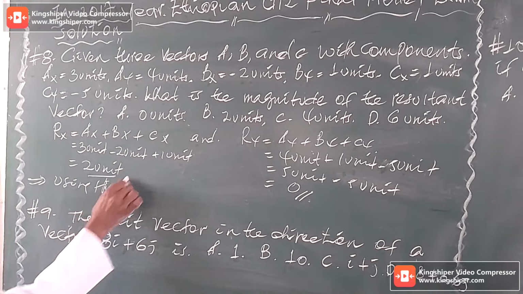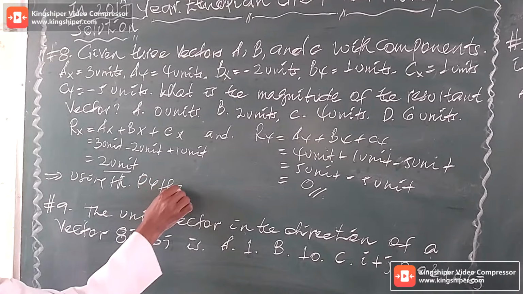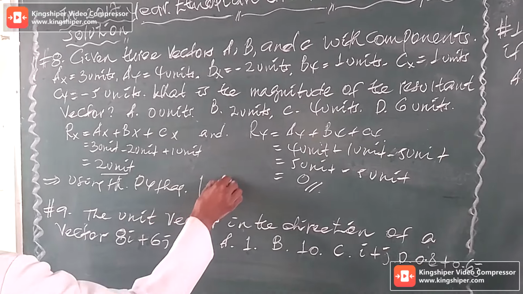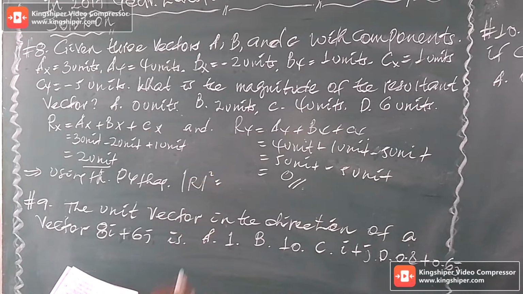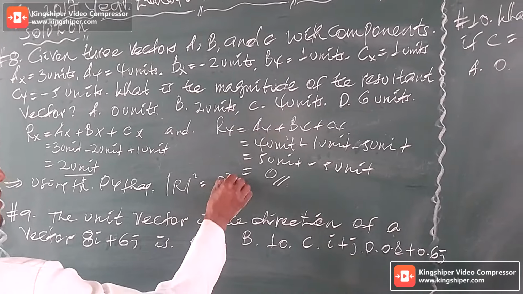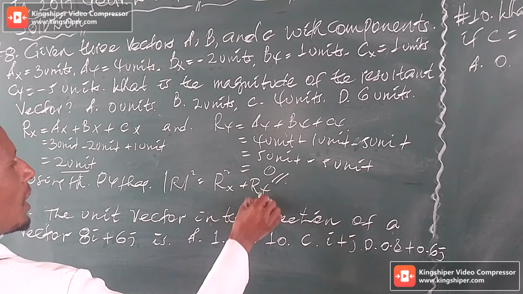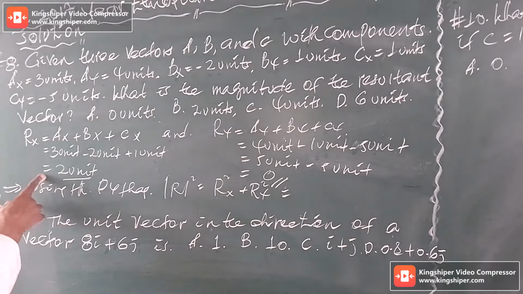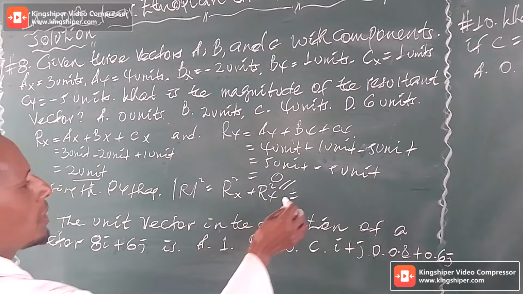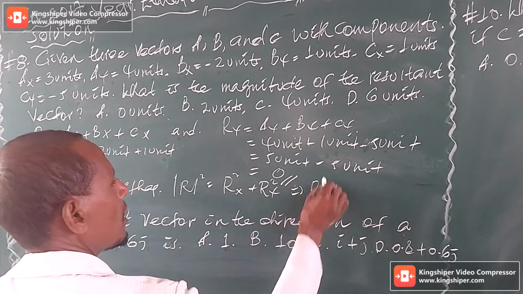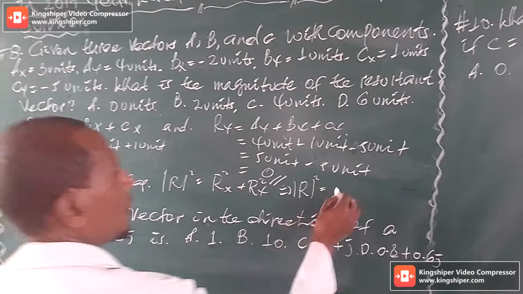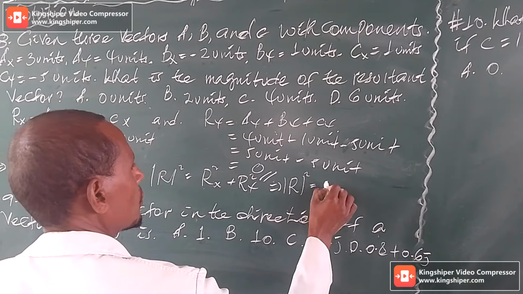Using the Pythagoras theorem, the absolute value of R square is equal to Ax plus By square. From the given, this is 2 unit, and this is 0 unit, which implies that R the whole square, which is the absolute value square, is equal to the square root of the 2 square,